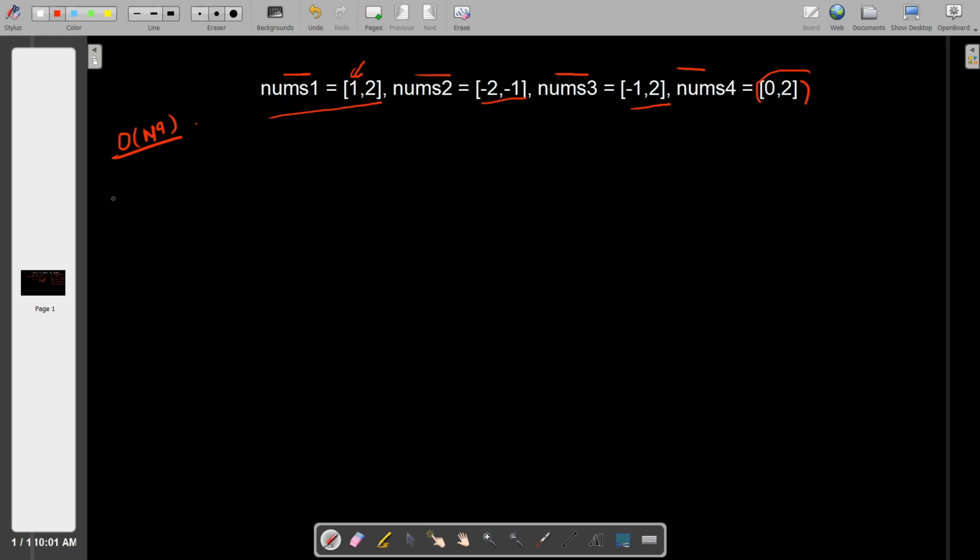Let's try to see another approach that takes some better complexity than the previous approach. So big O of n square. In this approach, suppose we store the elements that appear in any array. Suppose we put the nums4 elements in an unordered map, like 0 occurs one time and 2 occurs one time. Then for the n cube approach we do the same thing, that we generate